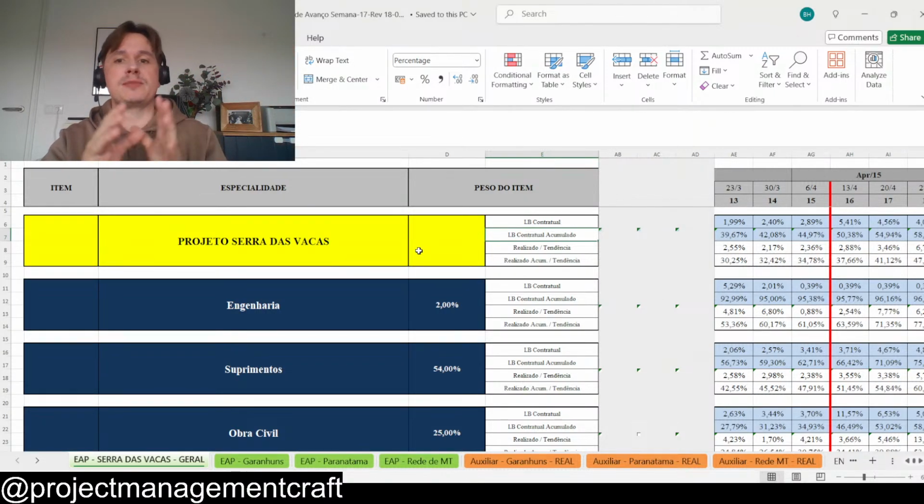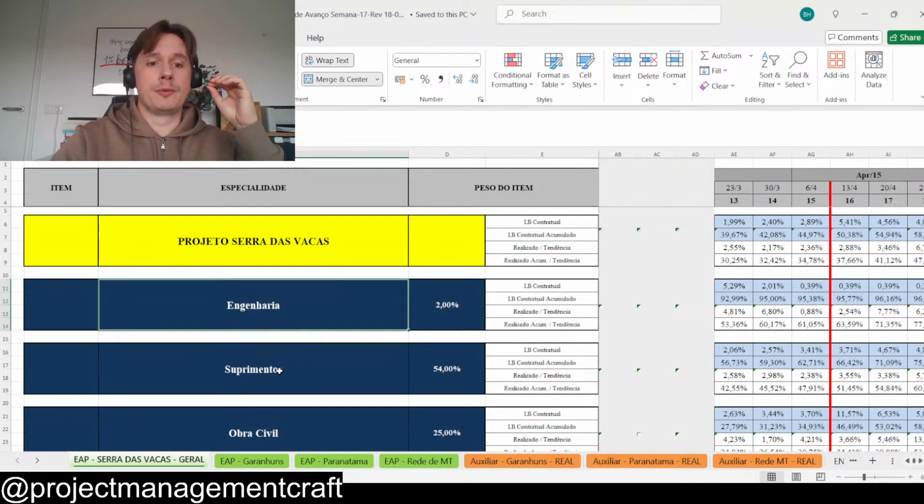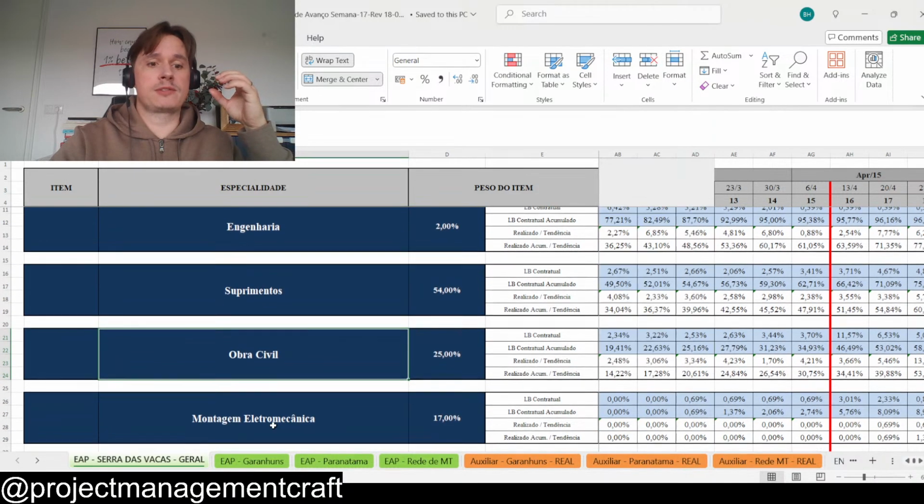But the S curve is built based on the work breakdown structure of your project. So it's based on your WBS. I mentioned to you that I had this project there. It was divided into engineering, procurement, in Portuguese is suprimentos or supplies here, then civil works,